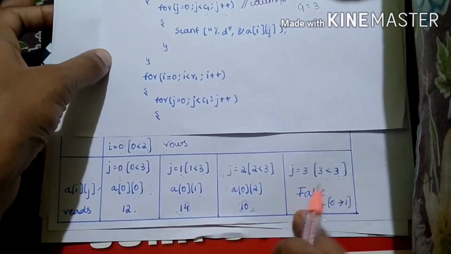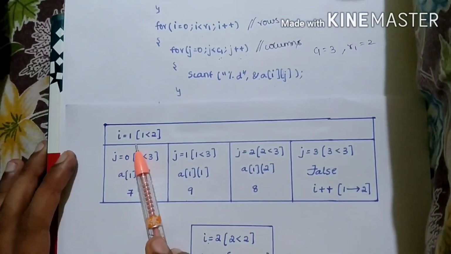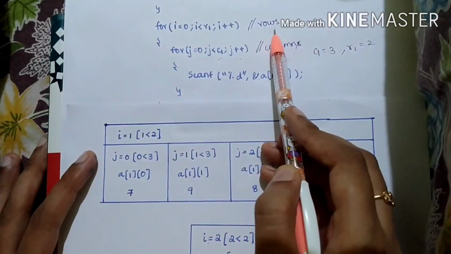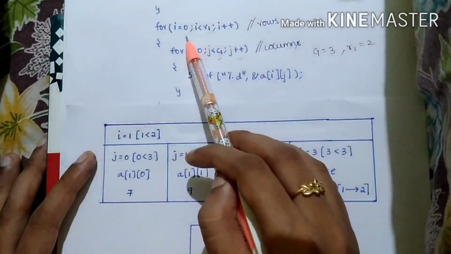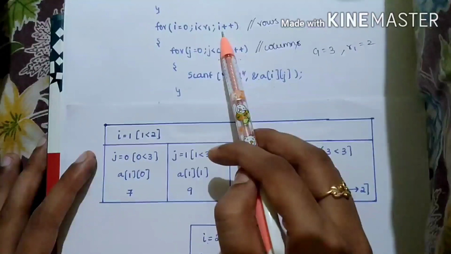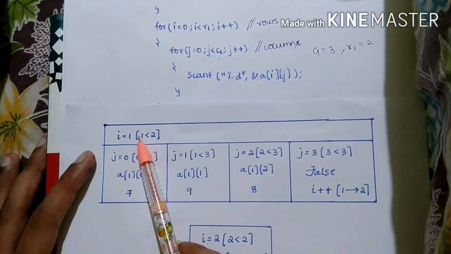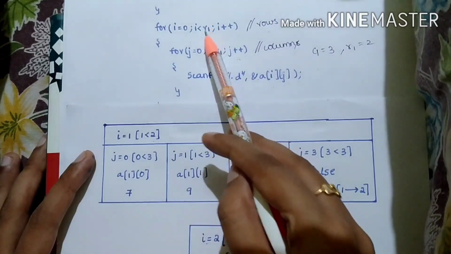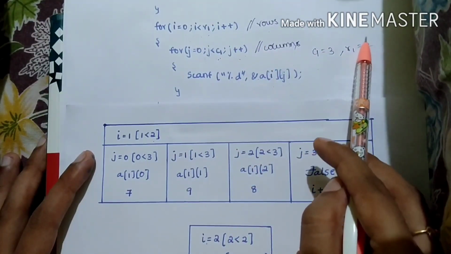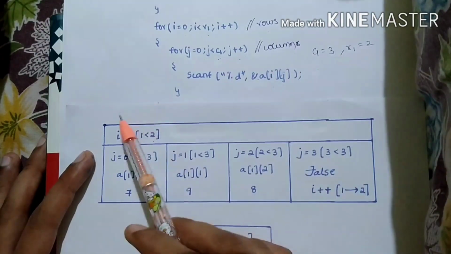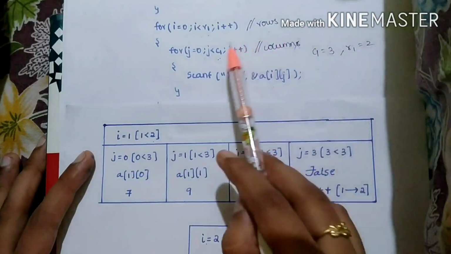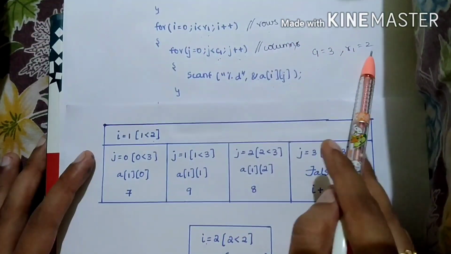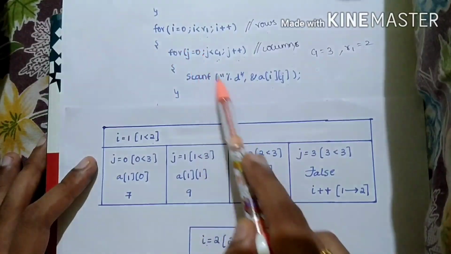So we'll have another iteration table. I is equal to 1, and 1 is the present row. That means the initial 0 of I is incremented to 1. So I is equal to 1 and 1 should be less than 2. This is the R value I have entered dynamically. So the I value must be less than 2. It checks for 0 is less than 2. So the 0 loop has completed.